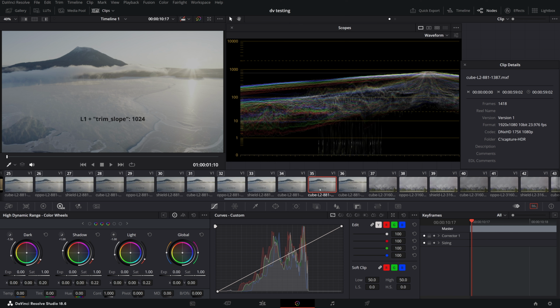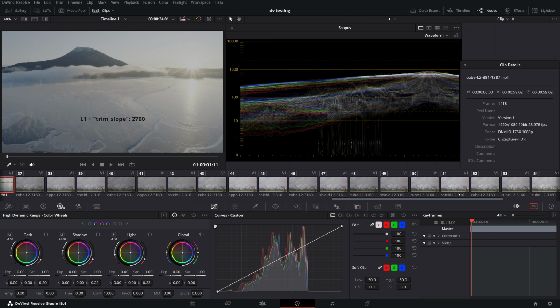And then the interesting stuff starts. Look, it's L1 trim slope 1024. If we compare it with the graph for L1, we can see that the image has not changed. Then L1 trim slope 2700, again no reaction. Why did this happen? Everything is simple, the TV has enough brightness to fully display all the brightness prescribed in the video file, and it does not need additional optimizations to fit the brightness and the range of the TV itself.